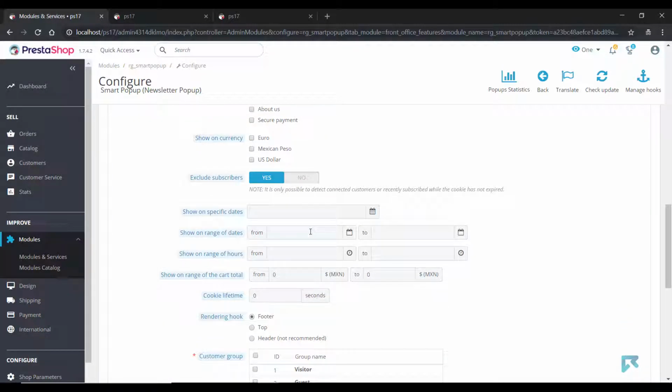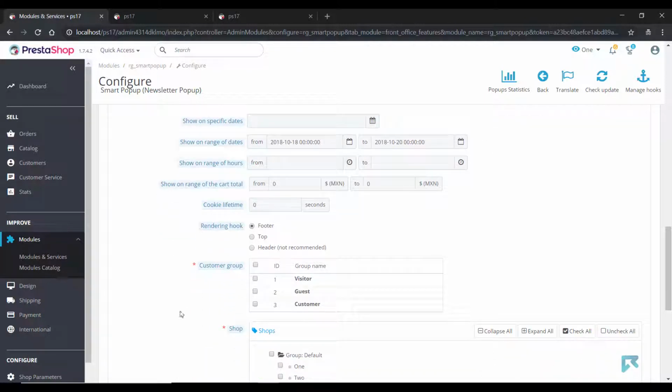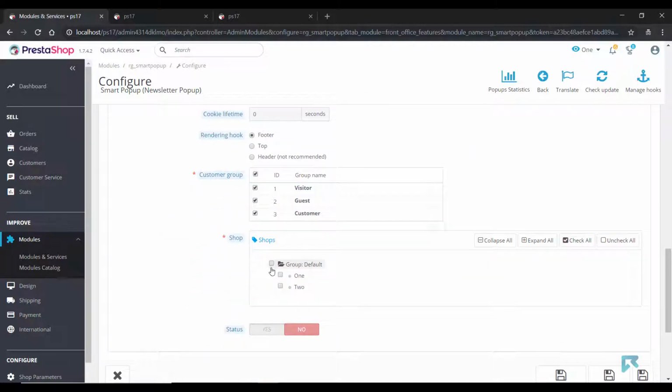Add the range of dates your pop-up will be displayed. Add your customer groups and shops where this pop-up will be displayed and click Save.